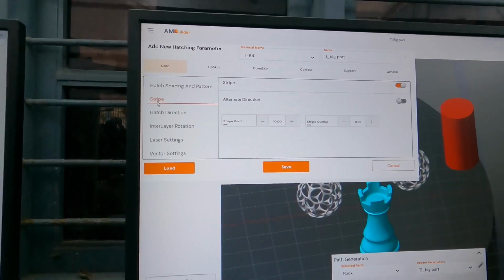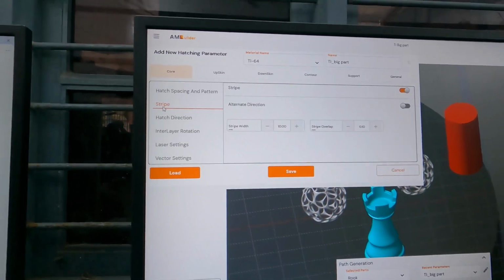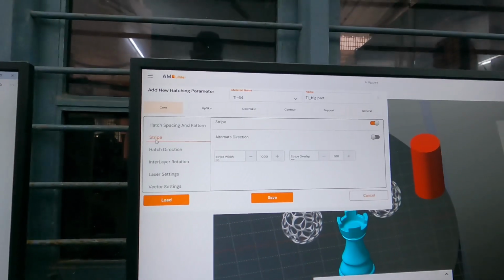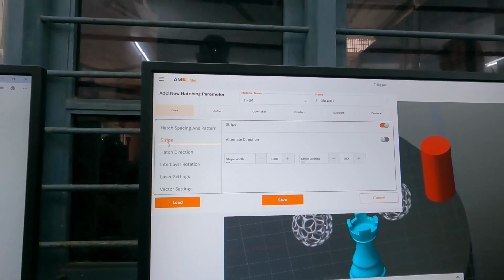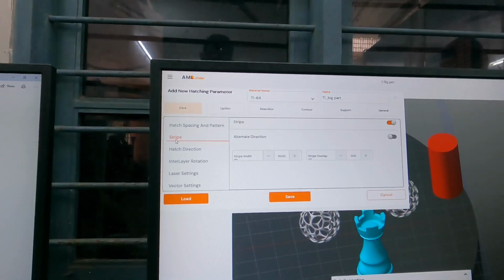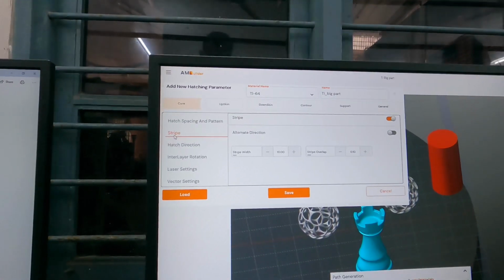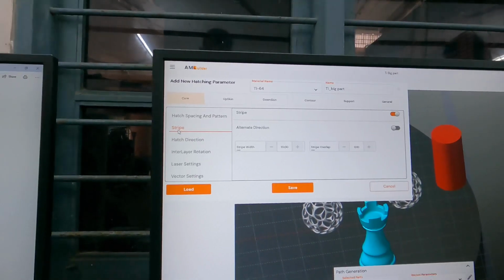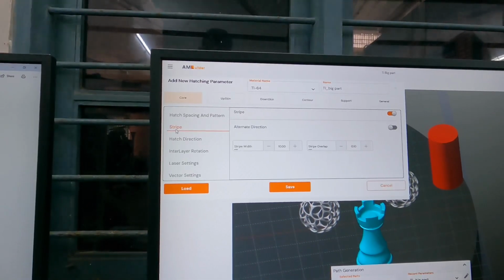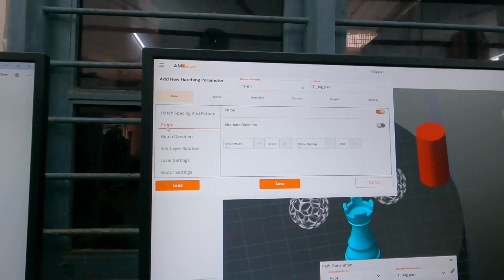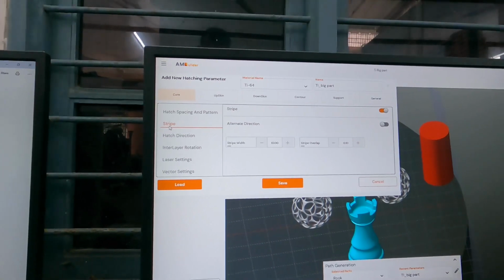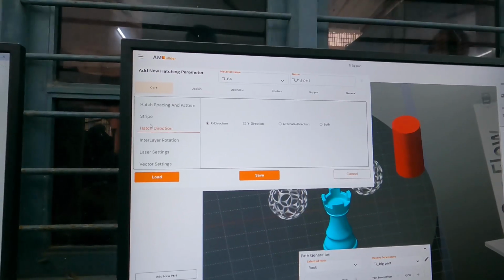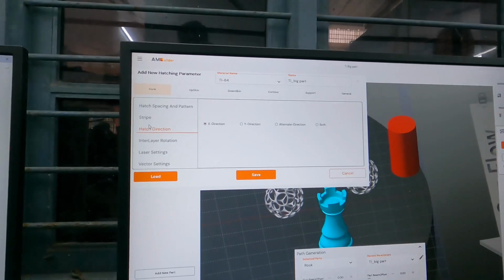So in a layer, we are going to generate the entire layer bead by bead, like weld deposition, one weld after another weld. So the hatch spacing or the step over distance determines the distance from the first bead to the second bead and so on and so forth. In the hatch direction, if you go back, the hatch direction. So here, which direction we want to generate the path, the laser path.